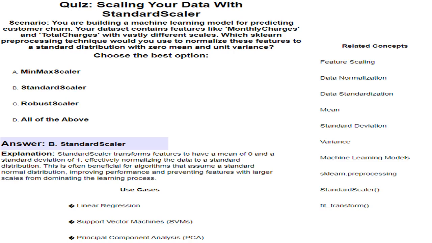tolerances. The variance is a measure of dispersion that represents the average squared distance from the mean. In a portfolio optimization model, the variance of investment returns could be used to assess the risk associated with different investment strategies. Machine learning models are algorithms that learn from data to make predictions or decisions. In a credit risk assessment model, a machine learning algorithm could be used to predict the probability of loan default